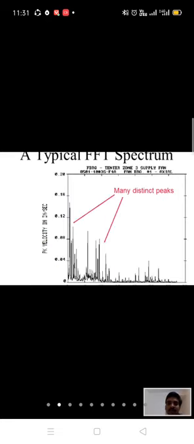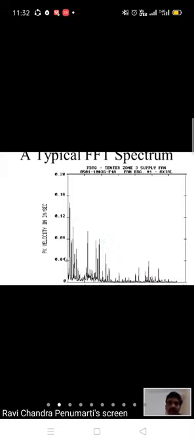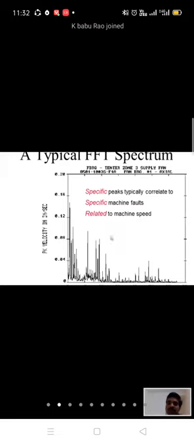Okay. So there will be many distinct peaks like this. FFT also will not be as simple as we have seen. It will normally be like this only. So many distinct peaks. Here, this is frequency and this is velocity. Specific peaks typically correlate to specific machine faults related to machine speeds.